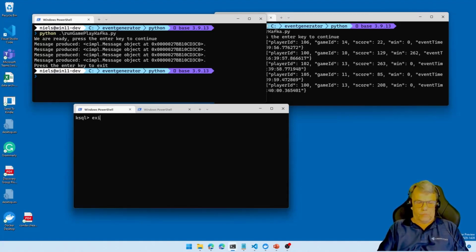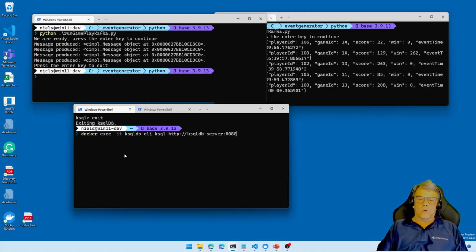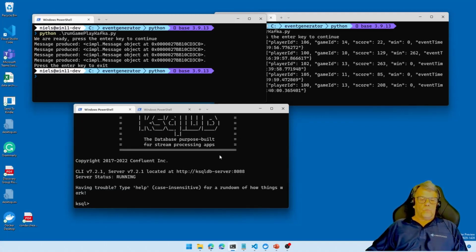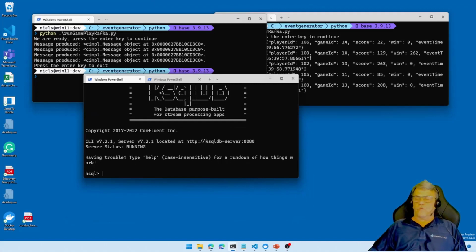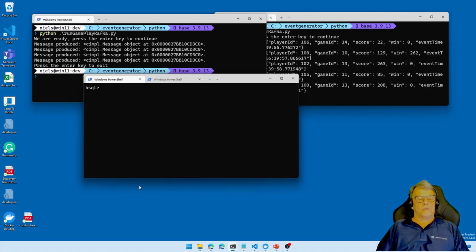Right, let's actually see how that works. So exit out of here, and what you do with ksql with the CLI is that you are connect to the ksql DB server, as I have here. That works fine. That's awesome. So I have some cheat sheets over here on my right hand side. I'm now setting this offset to earliest, and so now we are in the ksql CLI. Clear that out, right? So now we are where we started.